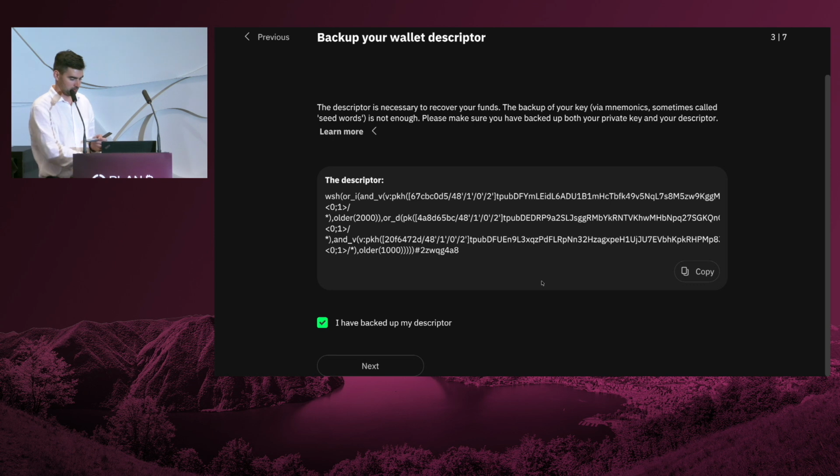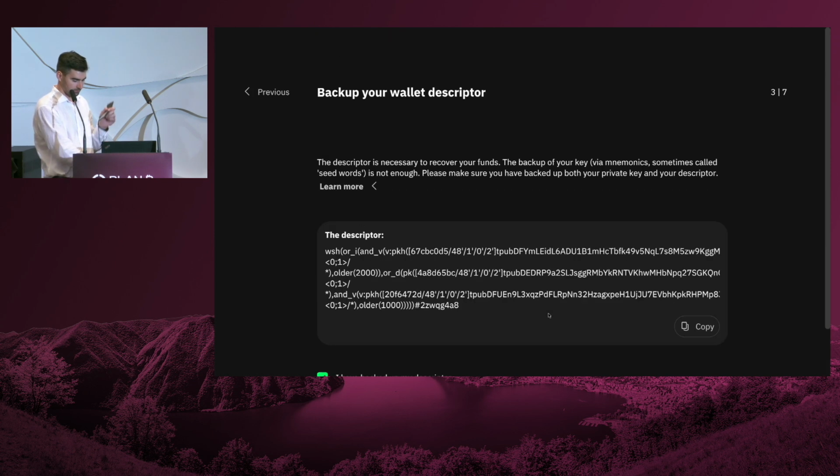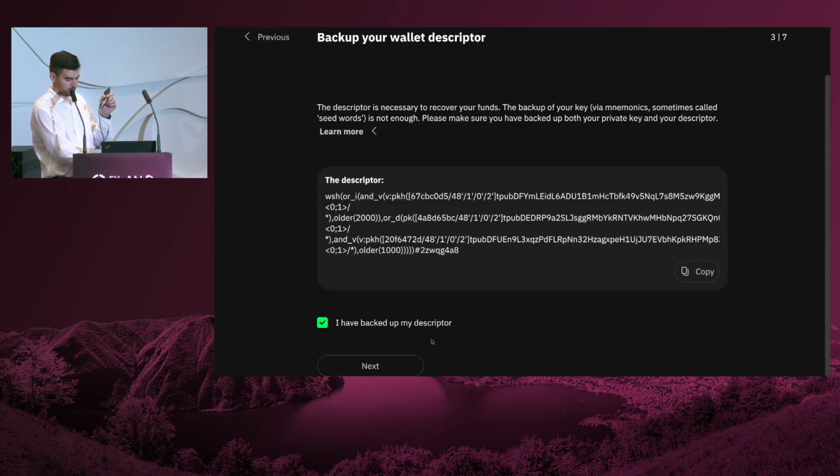Welcome. So the next step is to register the descriptor on the devices. That is one of the features that was for a very long time not available on major hardware wallets. For example, the Ledger devices didn't support import of the multi-sig descriptor for a long time.